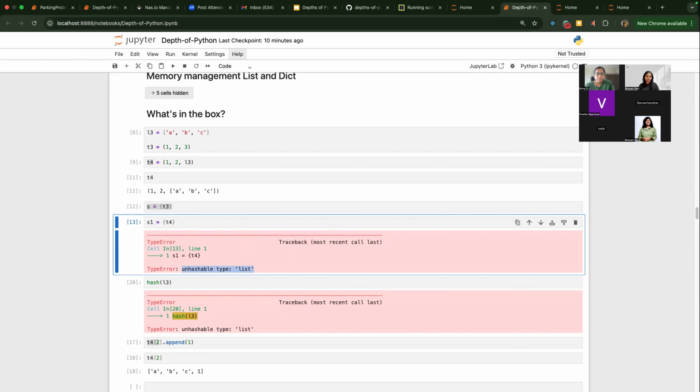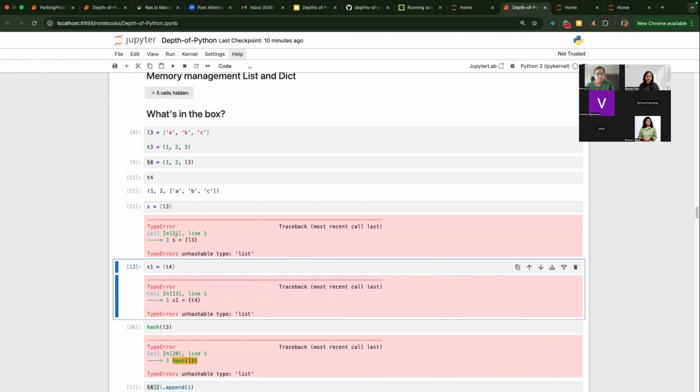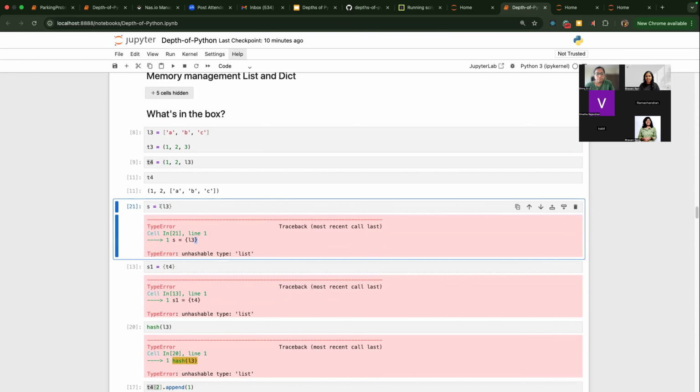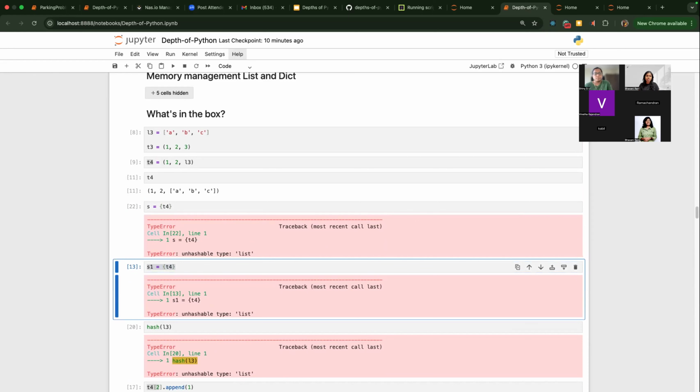So what happens? Set knows it's a tuple. If it's a tuple, it has to go through each element and verify whether it's a hashable one or not. If you just do L3 directly, it will also error saying unhashable type list, but this is different from using T4, which has a list. Every time it's a collection, it has to go through each and every item in there and verify that it's a proper hashable element.